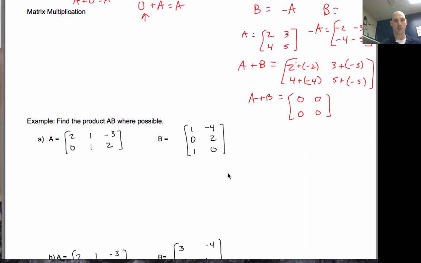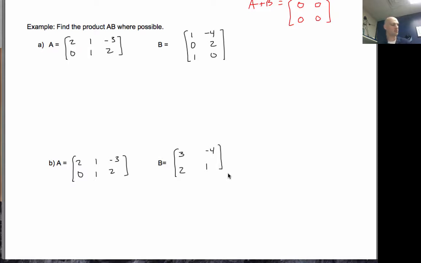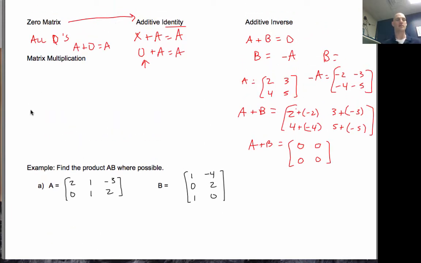All right, let's talk about products. Products are a little bit of a tricky process if you don't keep track of everything that's going on. Okay, so for products, for matrix multiplication, if A times B works, meaning you can do it, then you have to have matching orders, sort of. So parts of the dimensions have to match. So for example,